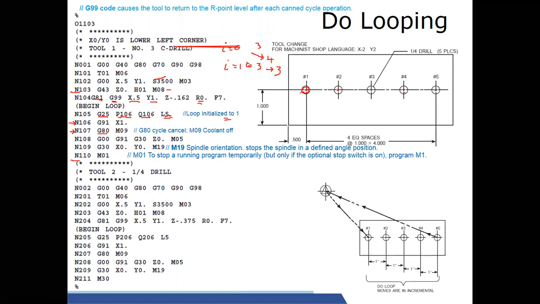Stop the drilling cycle here and coolant off. Other things, you can move the drill bit to its home position and you can stop the program. So this is all. Our discussion here is focusing on the do loop, how it works, this particular line, how many times it is executed, and how the initialization of the variable is done. This is what our discussion is.